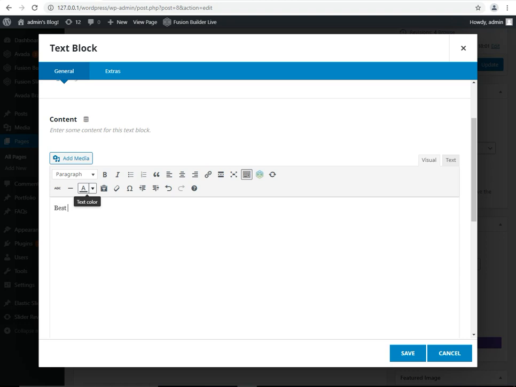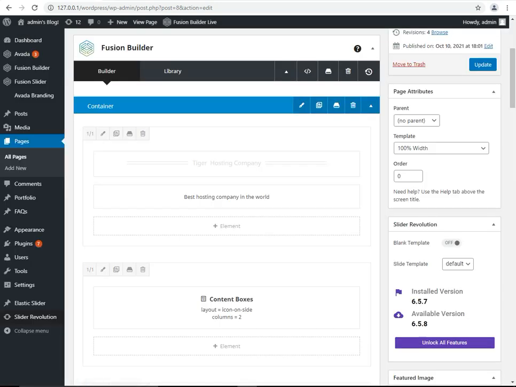Best hosting company in the world. Going to center alignment and a little more highlight. Press the save button, and after that press the update button.